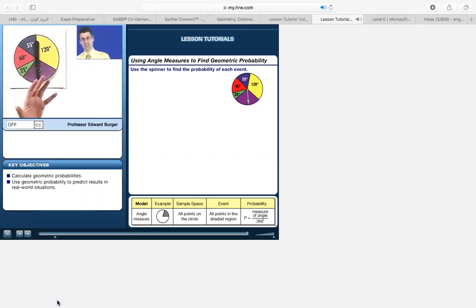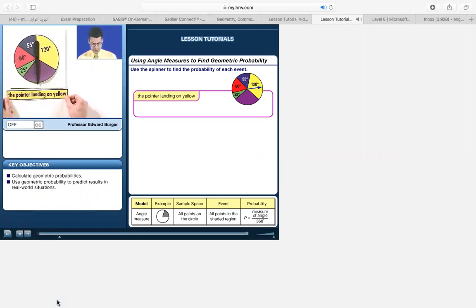And we can actually use those degrees to figure out a variety of probabilities. Let's find the probability that the pointer lands on yellow. Well, I see that out of 360 equally likely places that the spinner can land, assuming the spinner's fair, 120 of those degrees are yellow. So the probability of yellow,